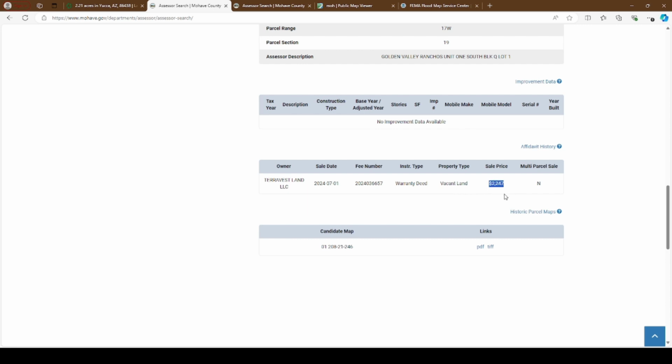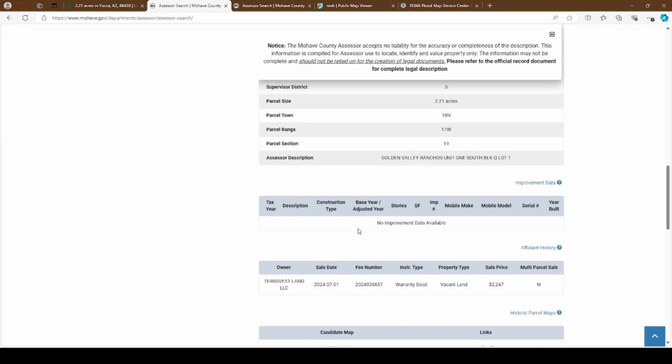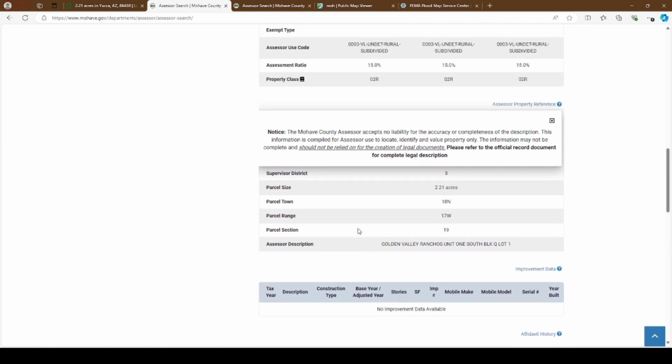So he bought this land for $2,200 roughly, and he's turning around and selling it for $59,000. So this is also a good way that you can bargain or negotiate with your price a little bit, knowing that he bought it for $22,000. Maybe he'll take an even $50,000. Maybe he'll take $45,000. When it's a company selling it, you have a little bit more wiggle room, because clearly